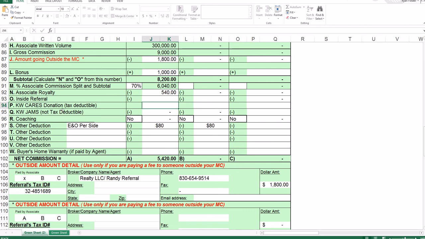You'll notice it is tax deductible, as the International KW Cares is a 501c3 corporation, and you can deduct that on your taxes at the end of the year. KW Jams is the local organization here at the Market Center, where only the agents in our Market Center donate to KW Jams, and only our agents here at the Market Center and our outlying business centers receive money from KW Jams. We have a committee here that determines what situations require how much money, and that is then distributed